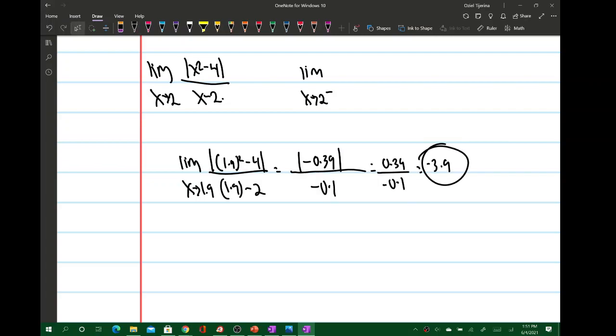The limit as x approaches 1.9 of this function will be 3.9. Now what if I do the limit as x approaches 1.99? The top part would be negative,